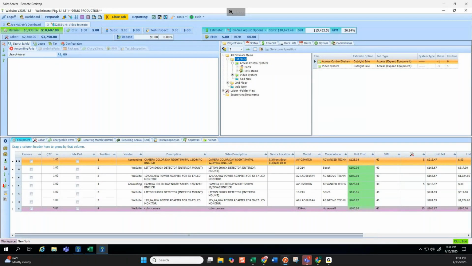When I update my pricing, some parts' unit cost remains in the red. Is there a reason for this? Good question. I'm not 100% sure why the cost is remaining red. It might have something to do with